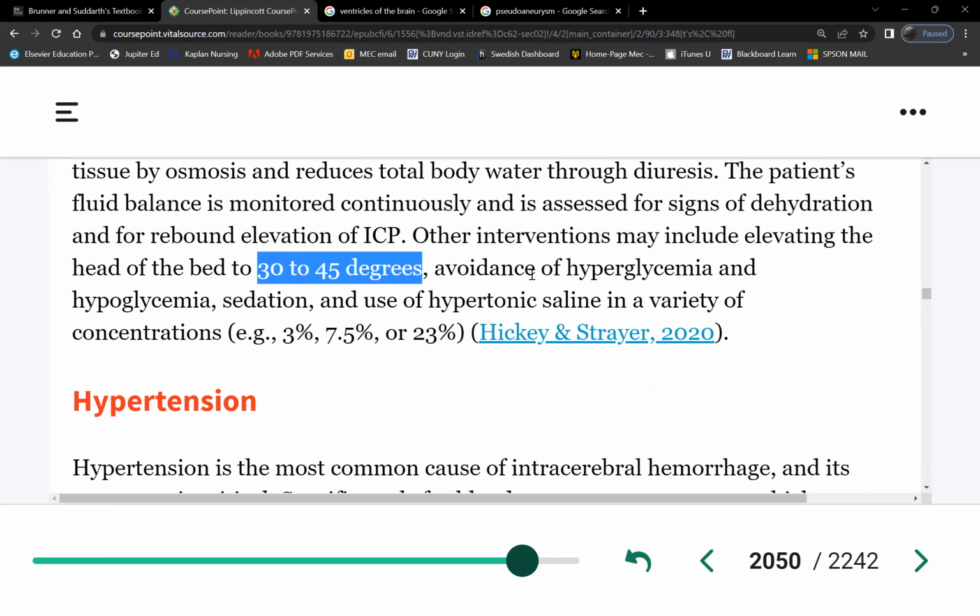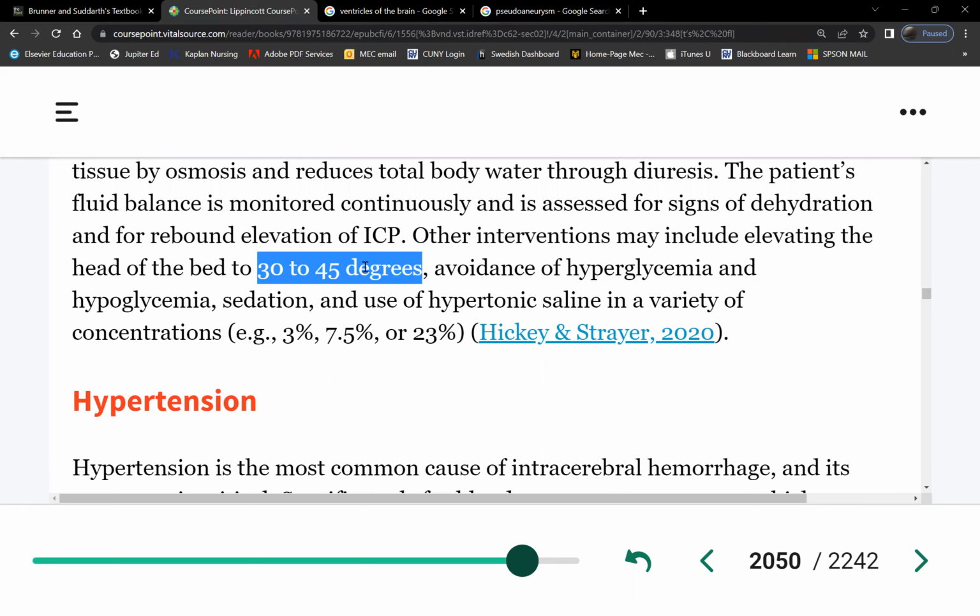How does head of the bed elevation help with decreasing ICP? So what is it trying to prevent, or what does it facilitate? Flow to or from? Okay, so this promotes venous drainage from the head,